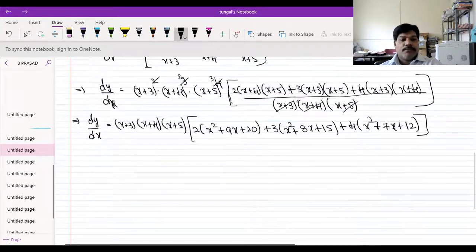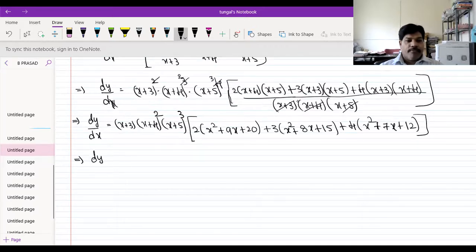So simplify that. So here we missed that x plus 3 into x plus 4 whole square and x plus 5 whole cube actually. Okay. So that implies dy by dx is equal to x plus 3, x plus 4 whole square, x plus 5 whole cube,